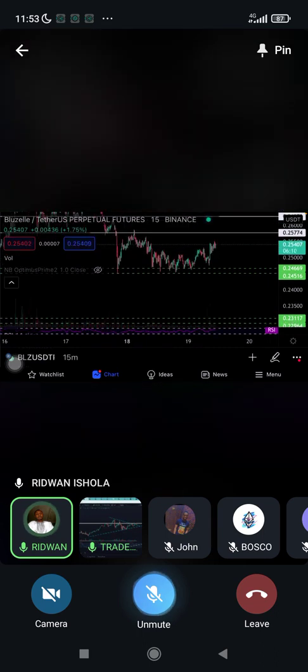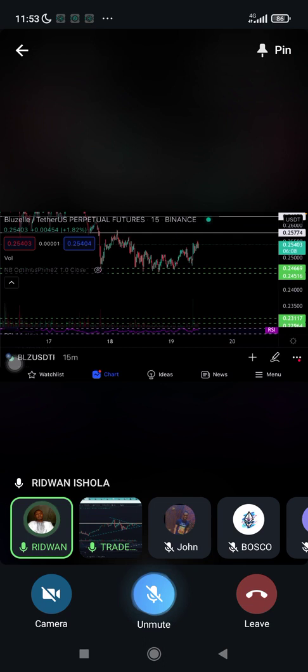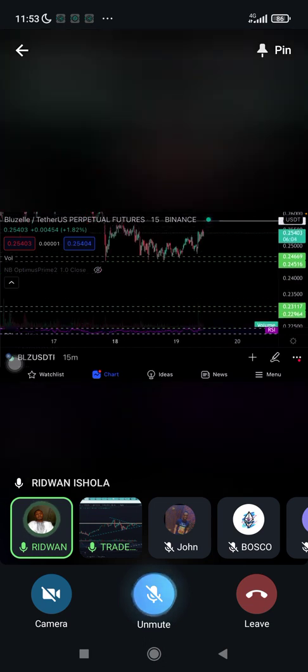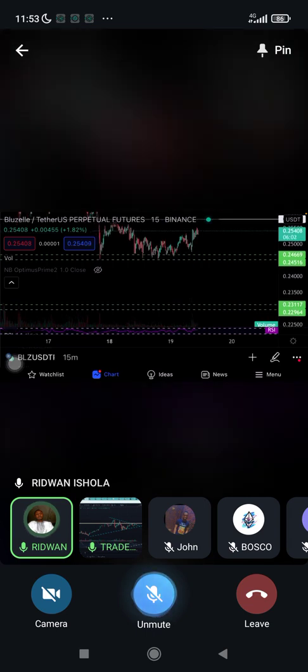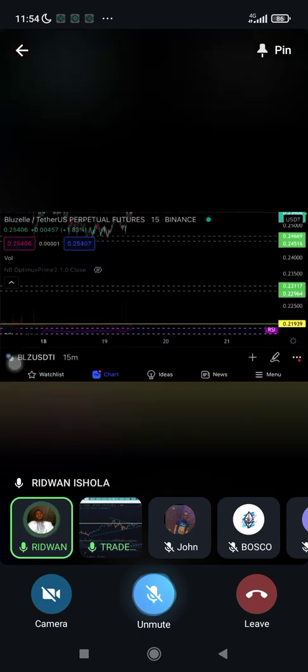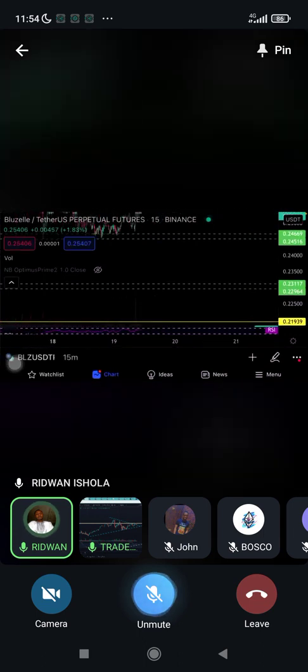So when the support can no longer hold this price, and we have the volume from the seller, we may likely break this support down